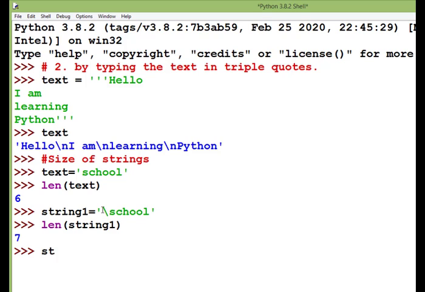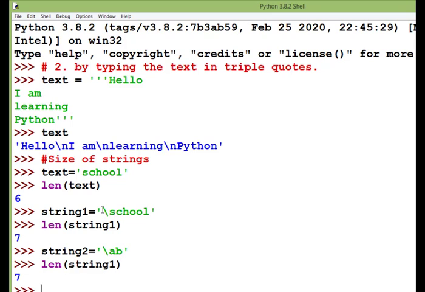Now I am going to write something more. So string 2 is equal to quotes and backslash. I am going to write AB and close the quotes. Okay, then I just want to know the length of this string, and let's see what comes here.